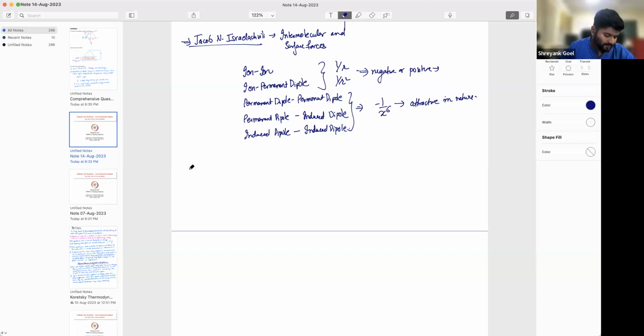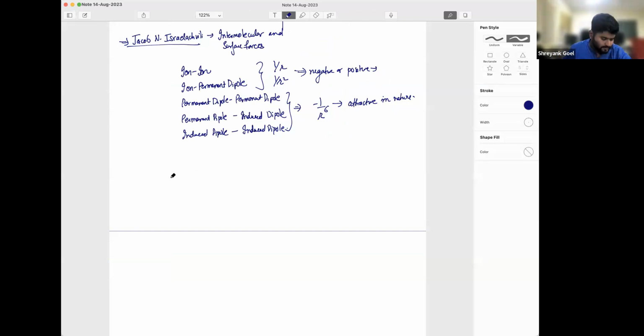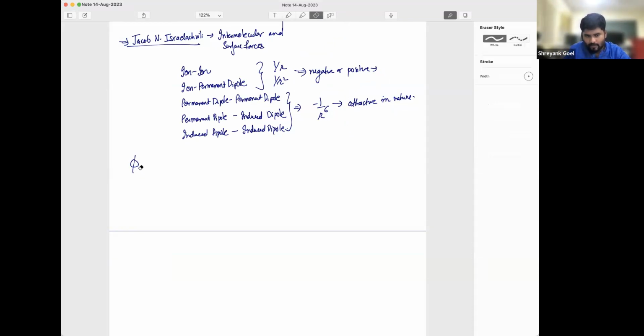So then we have this. My point was to show you that this is r to the power 6 and this is attractive in nature. You will go through this book and you will see that. Finally, we have discussed the Debye interaction, the Keesom interaction, and the London interaction. So the total interaction can be looked at like this, and the final interaction looks something like this,